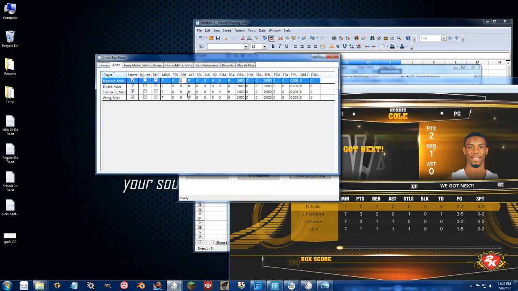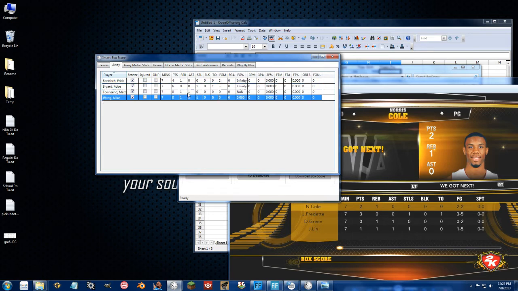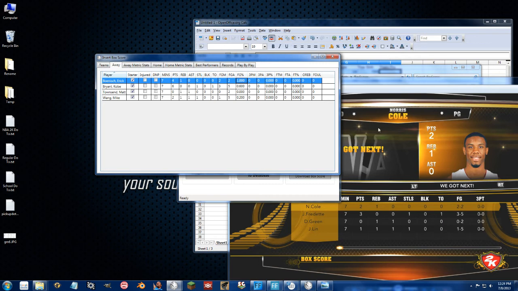Go to rebounds, 1 0 1 1 0 0 1 1 0 1. Sounds like I'm Bender from Futurama. Go through all of that. Turnovers, 1 2 3 0 1 2 5 2 5, and we'll say that there's no rebounds or anything else. And then I go over to the home team,